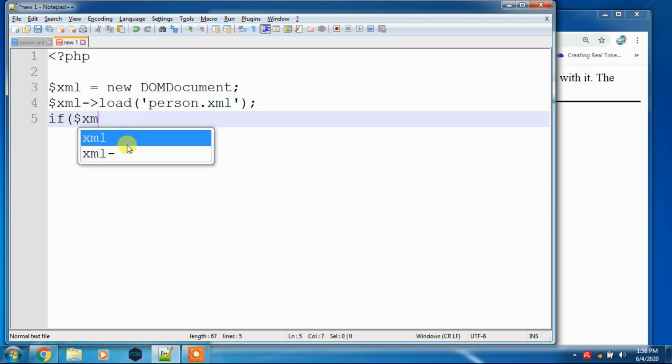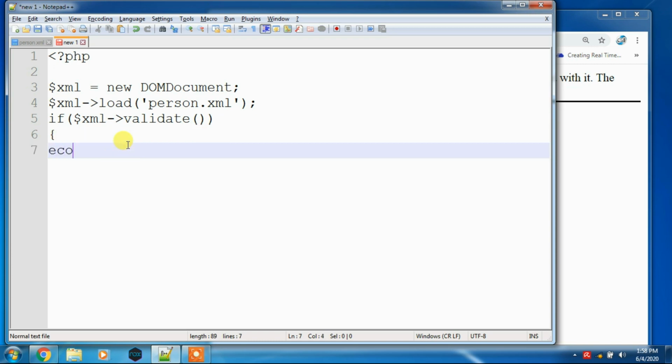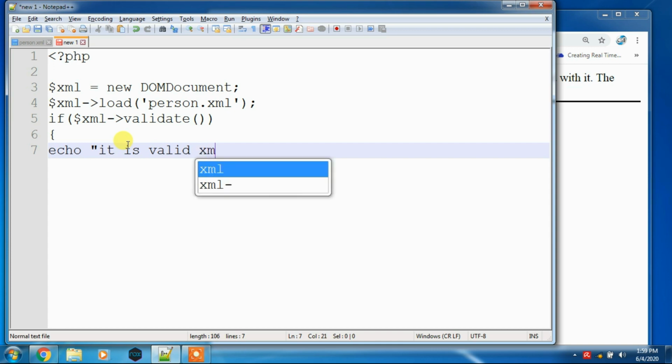Then after that, if dollar XML validate, so I am validating this by using the validate method. It will validate the DOM structure, and then it can show you an echo statement. Echo it is a valid XML document.